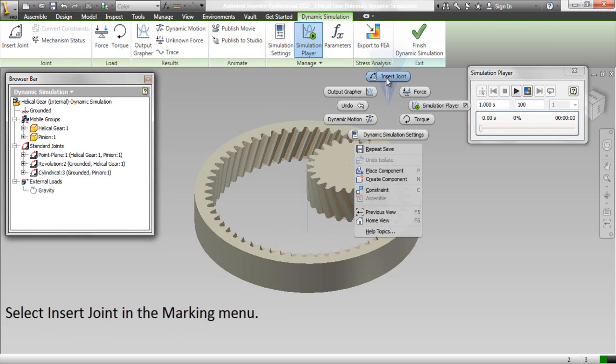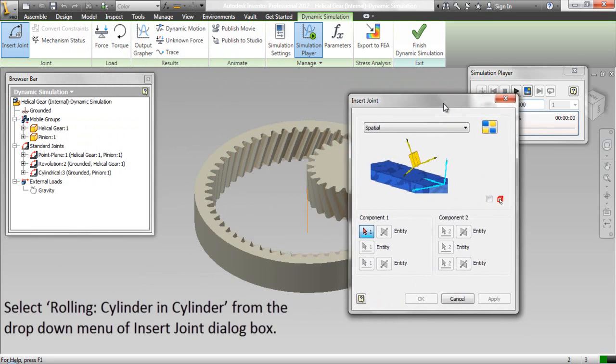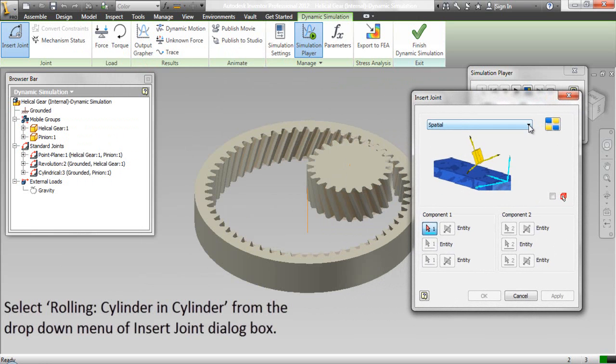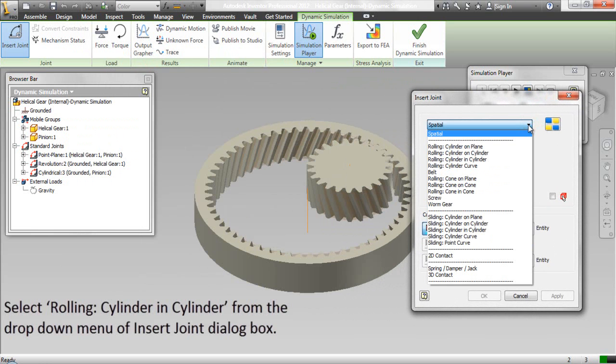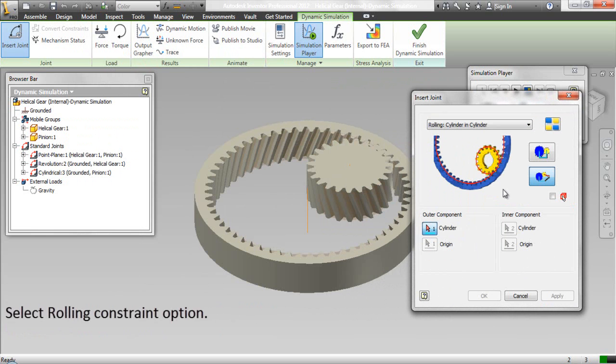Select Insert Joint in the Marking menu. Select Rolling Cylinder in Cylinder from the drop-down menu of Insert Joint dialog box. Select Rolling Constraint option.